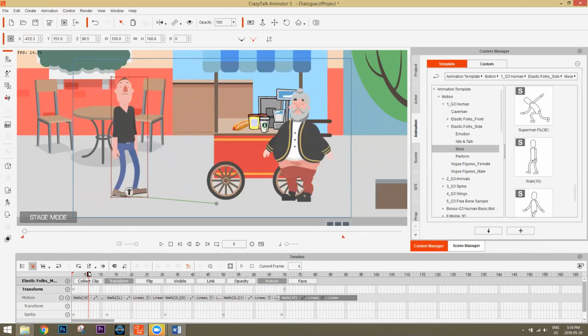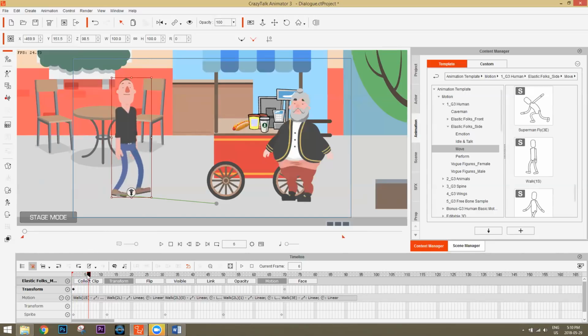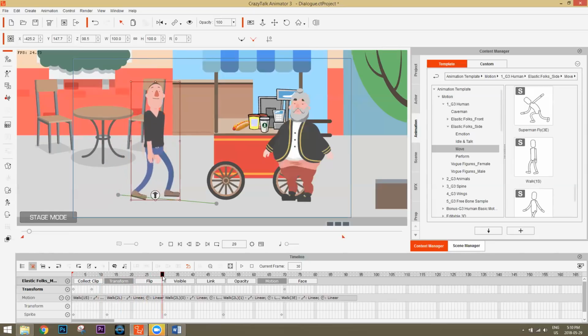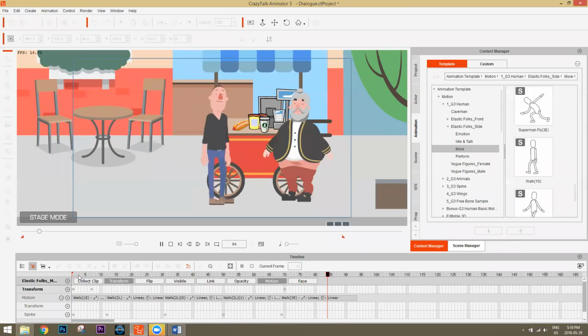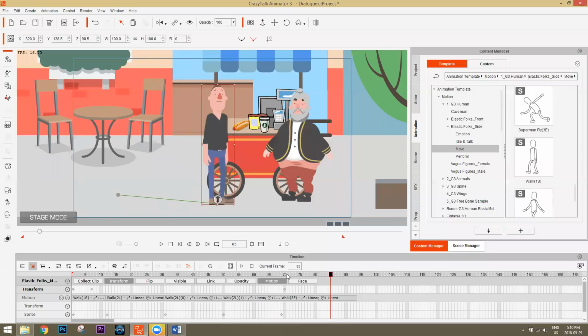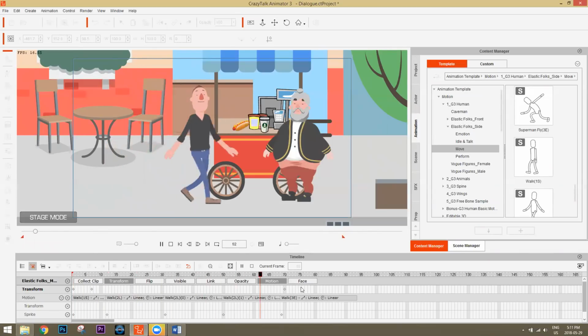And you'll see he'll kind of slide a little bit at the beginning like this. So if you don't want that slide, what you can do is click on the first keyframe, right click on it and select copy, and then move it maybe to about somewhere like here, and right click and paste it. Okay, that means from here he won't move until he kind of pushes off that foot. Okay, and then if we play back, all right, pretty small steps, but you can always move the position closer or further away if you want, like this, and whatever. We won't worry too much about that. We want to focus more on dialogue in this webinar here. Okay, so we have our character just walking towards the dude and stops.